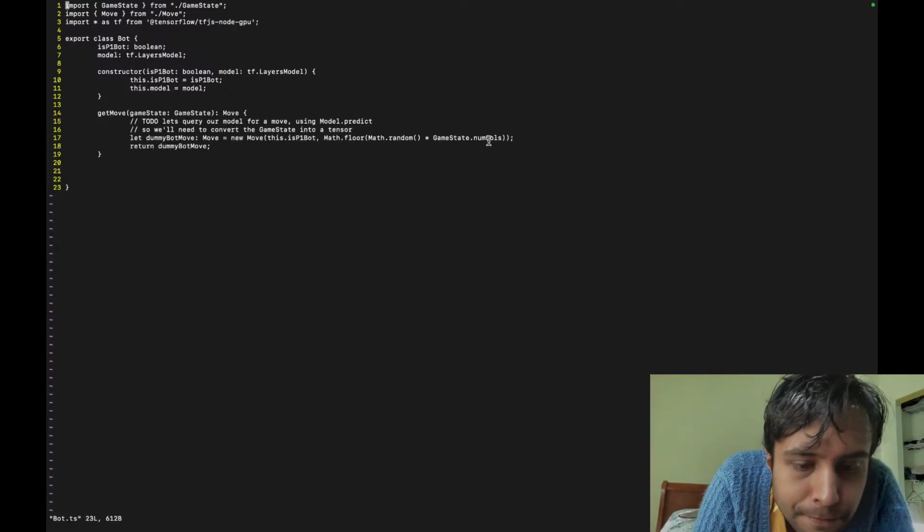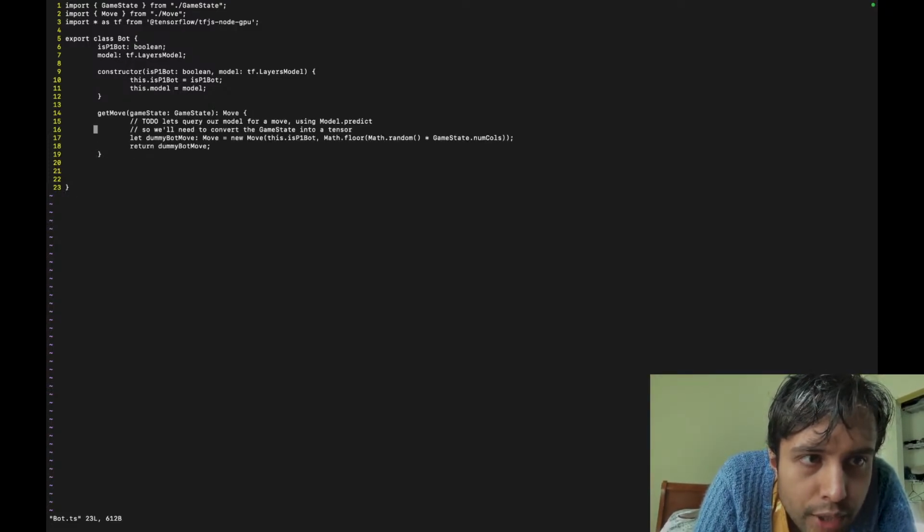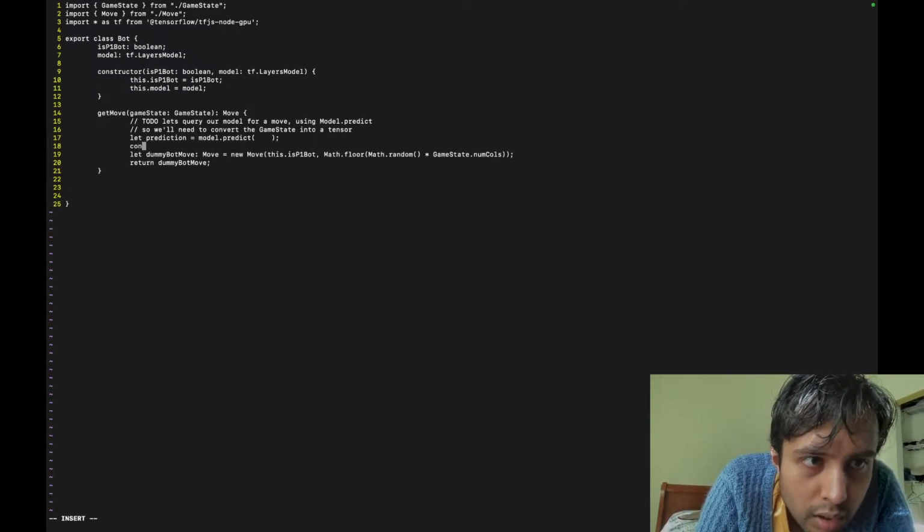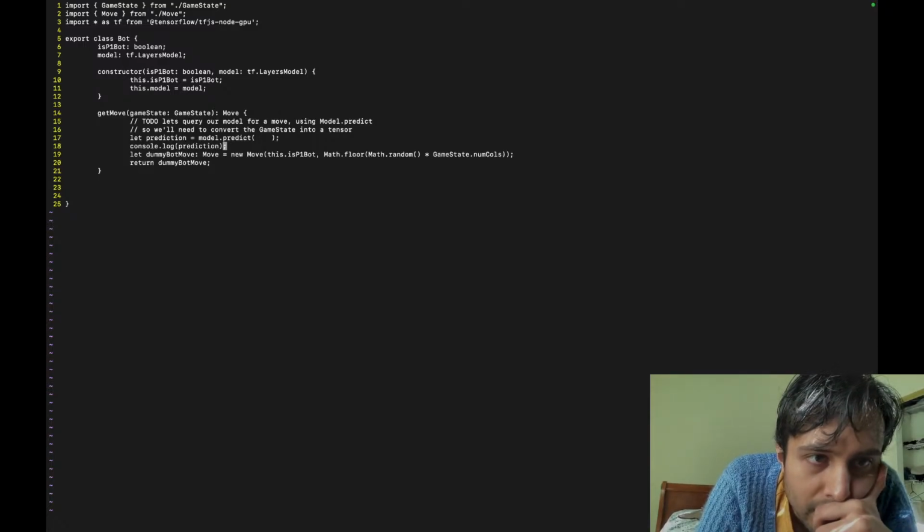For now, I'll just do console print statements, right? So it's model.predict. Let's just call this let prediction equal to, and then console.log prediction.